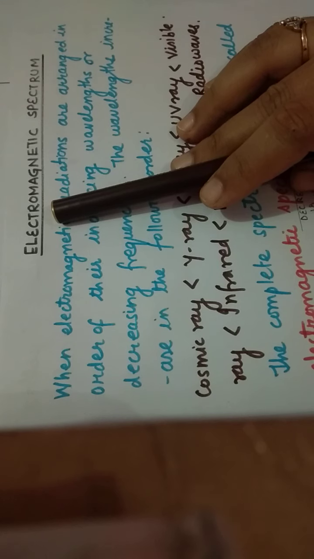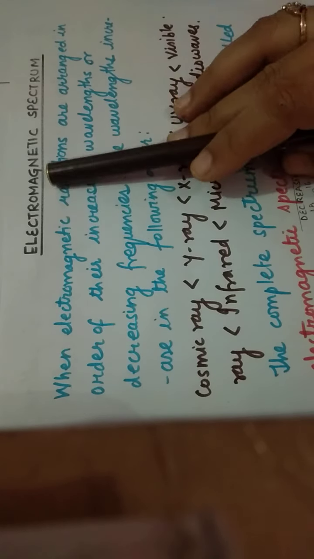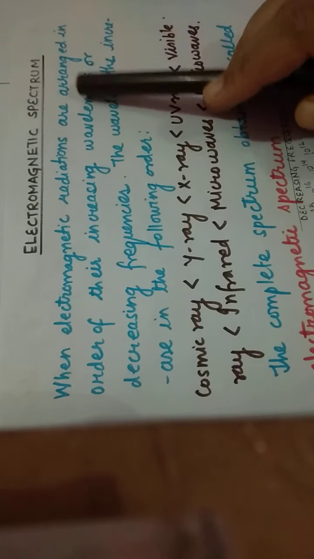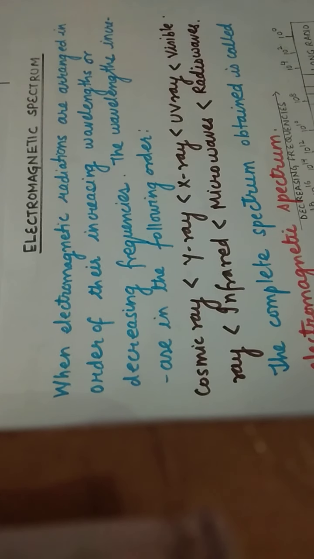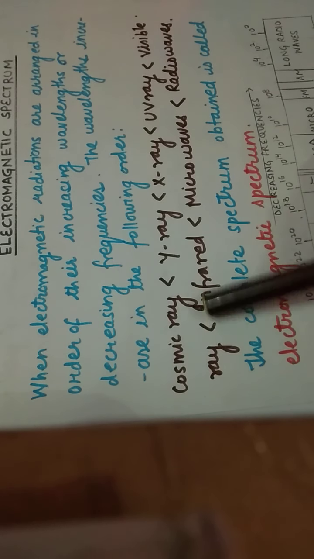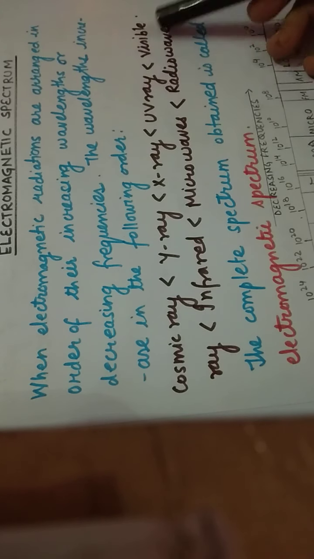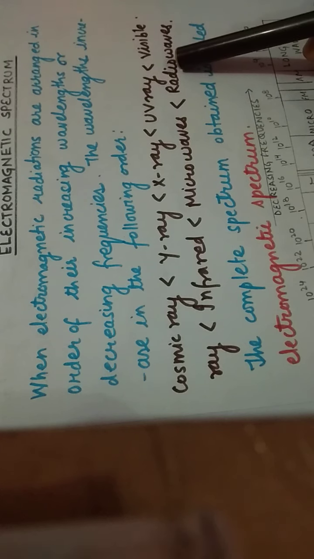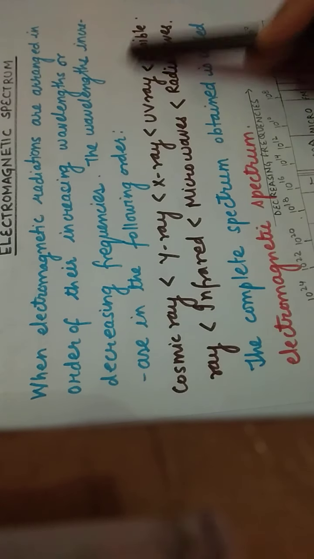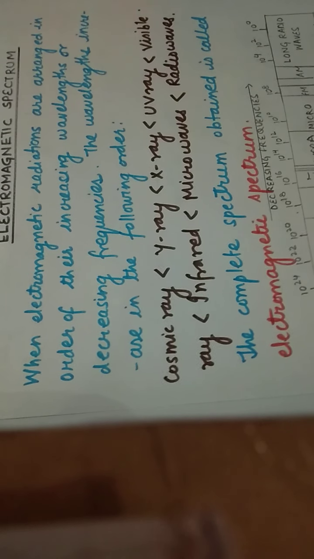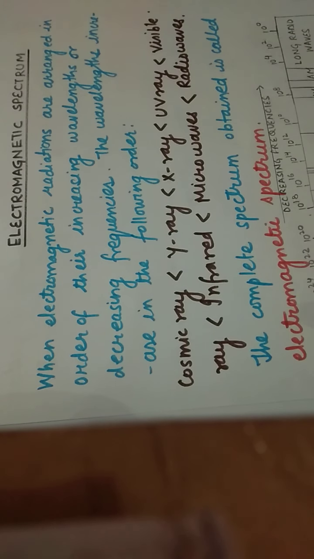Okay children. So we are observing some kind of electromagnetic spectrum also. So there are different kinds of electromagnetic radiations. Electromagnetic radiations are like cosmic rays, gamma rays, X-rays, UV rays, visible rays, infrared rays, microwaves and radio waves. So children, these are different kinds of electromagnetic radiations. So children, when you arrange